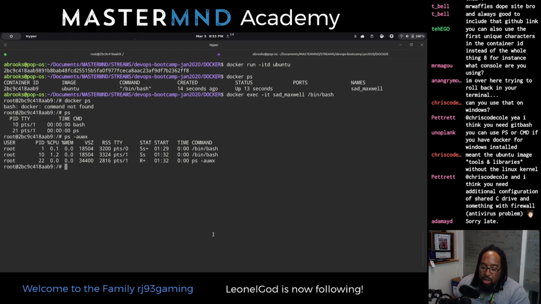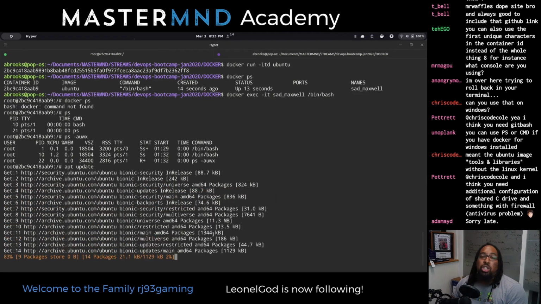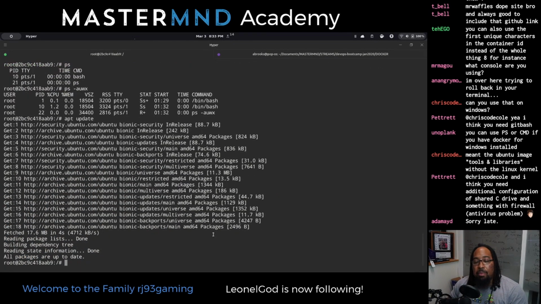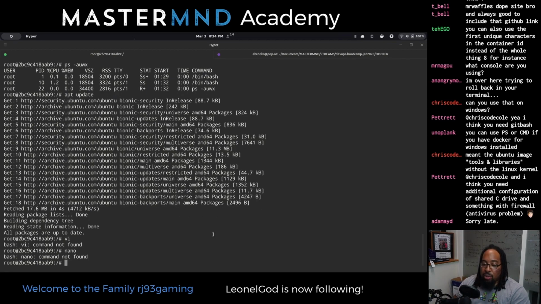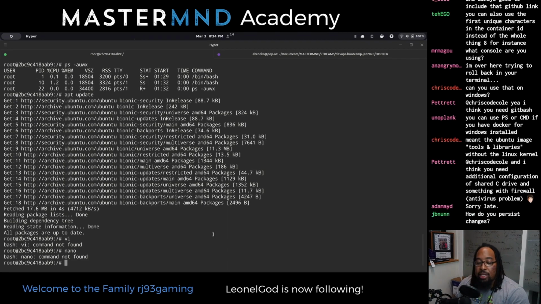So now that I'm in here, I can do, again, a bunch of stuff. I can do apt update, stuff like that. All the things that you learned in the Linux streams, you can run these things. Well, mostly. It's going to be missing a lot of tools, but you can install those tools. It kind of gives you just the essentials. Again, remember last time we didn't get Vim or vi by default. Actually, I don't think we have a text editor at all in here. You would have to do it through something like echo hello into a file, unless you wanted to install Vim on here, which is something you could do. But I wouldn't really recommend it unless it's going to be something you're doing all the time.